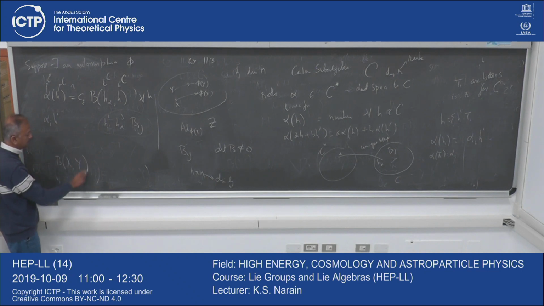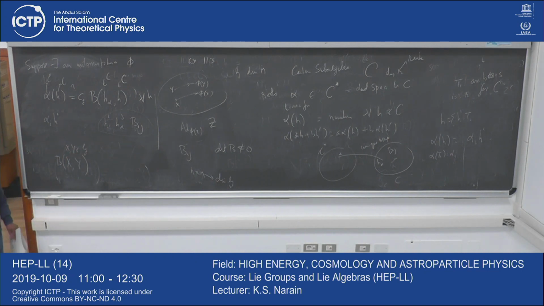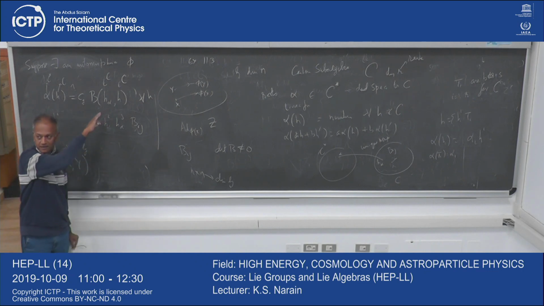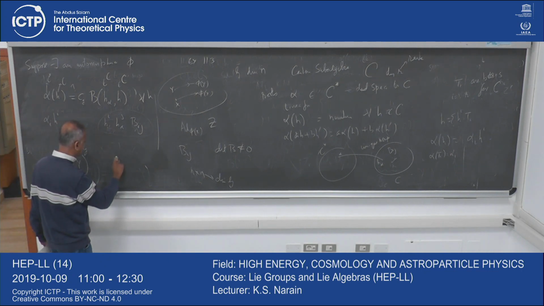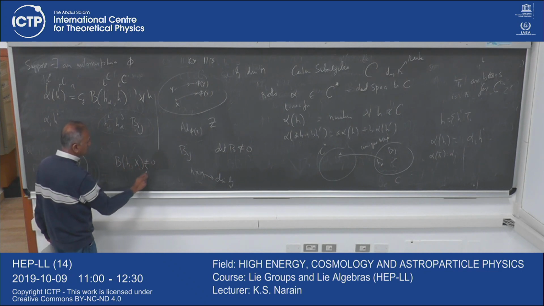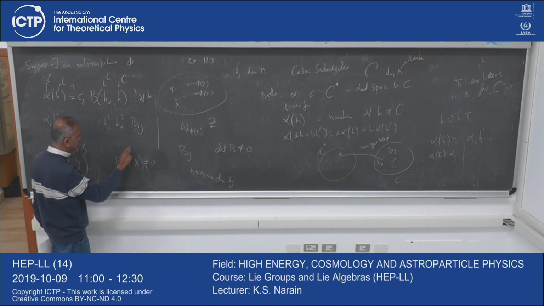X and Y, where X and Y belong to G, the full Lie algebra. Okay? But now we are talking about only the Cartan subalgebra. Okay? So it is basically just restricting the original B to the Cartan subalgebra. Okay? And another thing you notice that one should be able to also prove that B of H with the X, if it is not 0 for arbitrary H in the Lie algebra, in the Cartan subalgebra, if it is not 0,